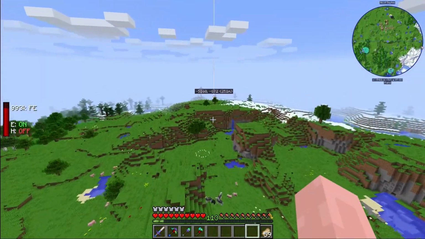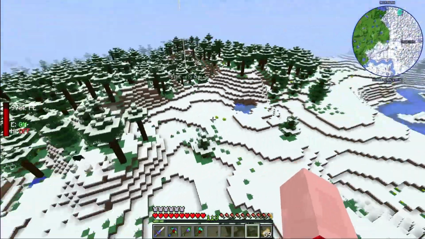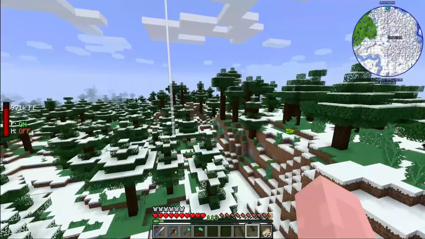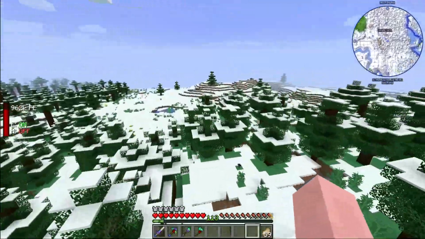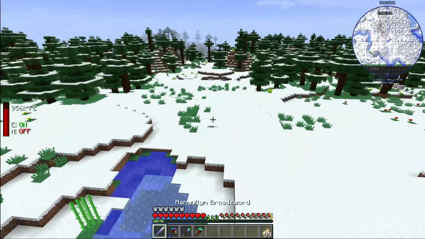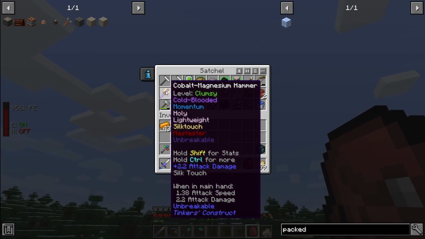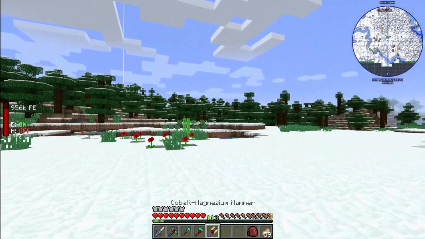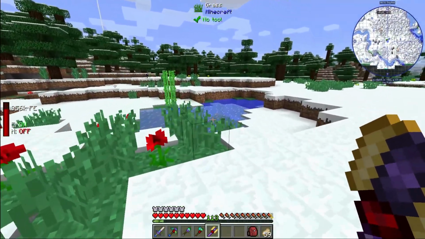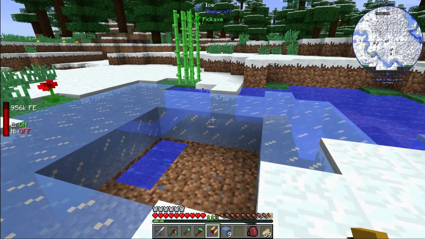So right now I am preparing to do my next task, but in order to do that I need some ice. So I'm heading over to this ice plains biome so we can collect that ice. So let's open up my satchel so I can grab my silk touch. So what we're going to do is grab a bunch of this ice, probably about 4 stacks worth. And oh, okay, so hey,